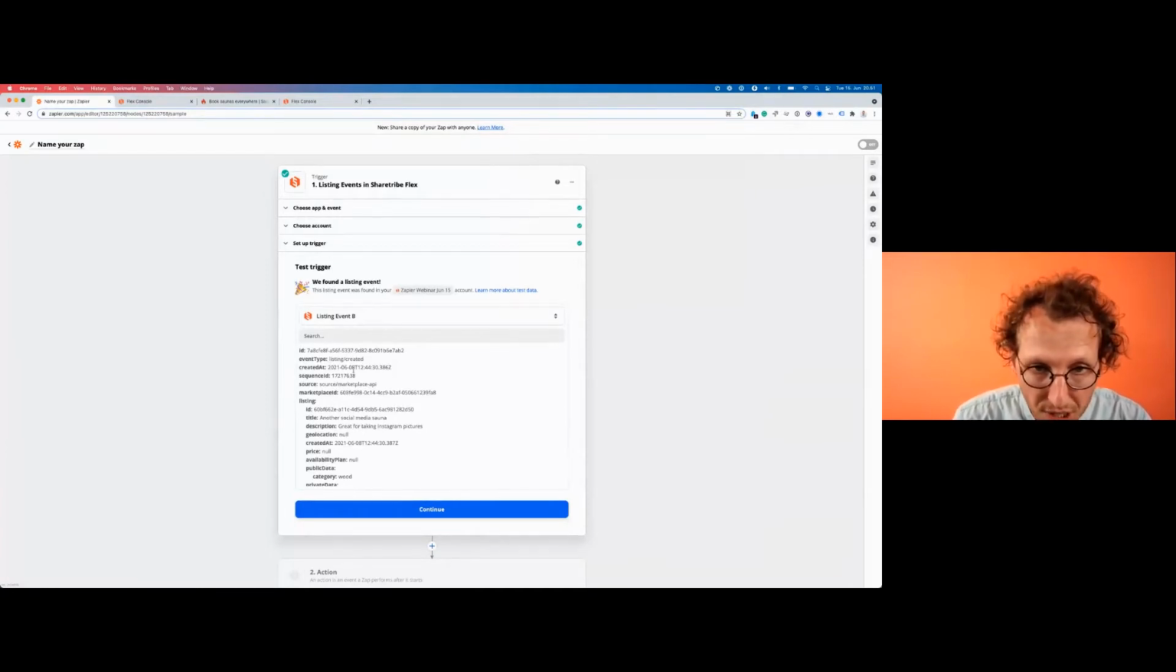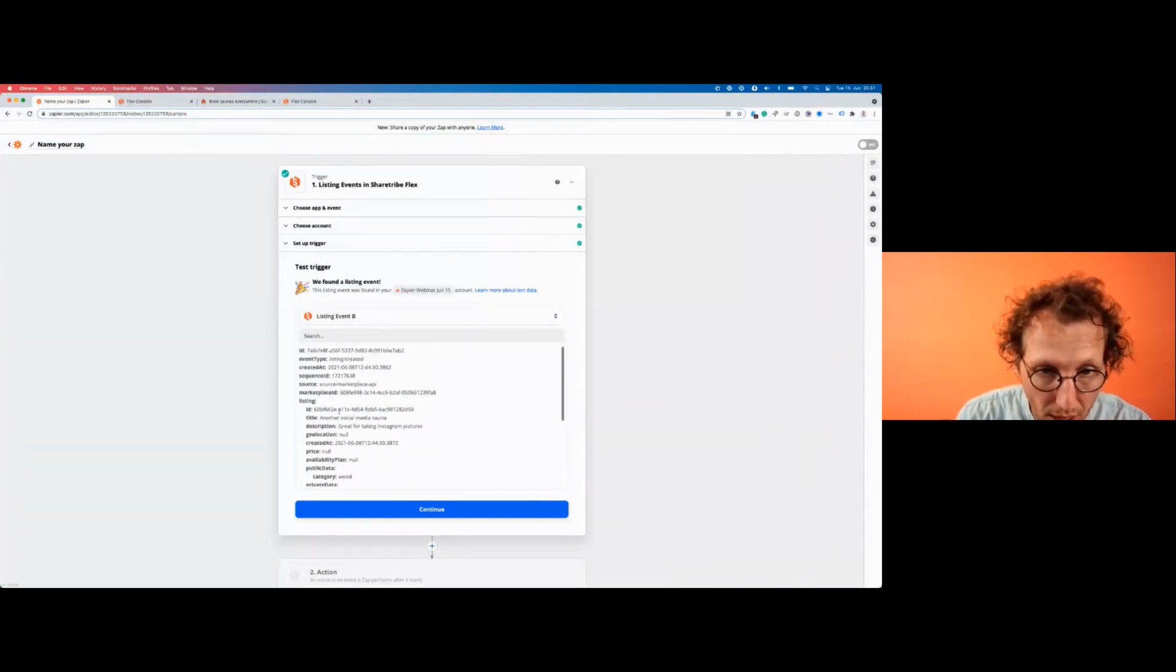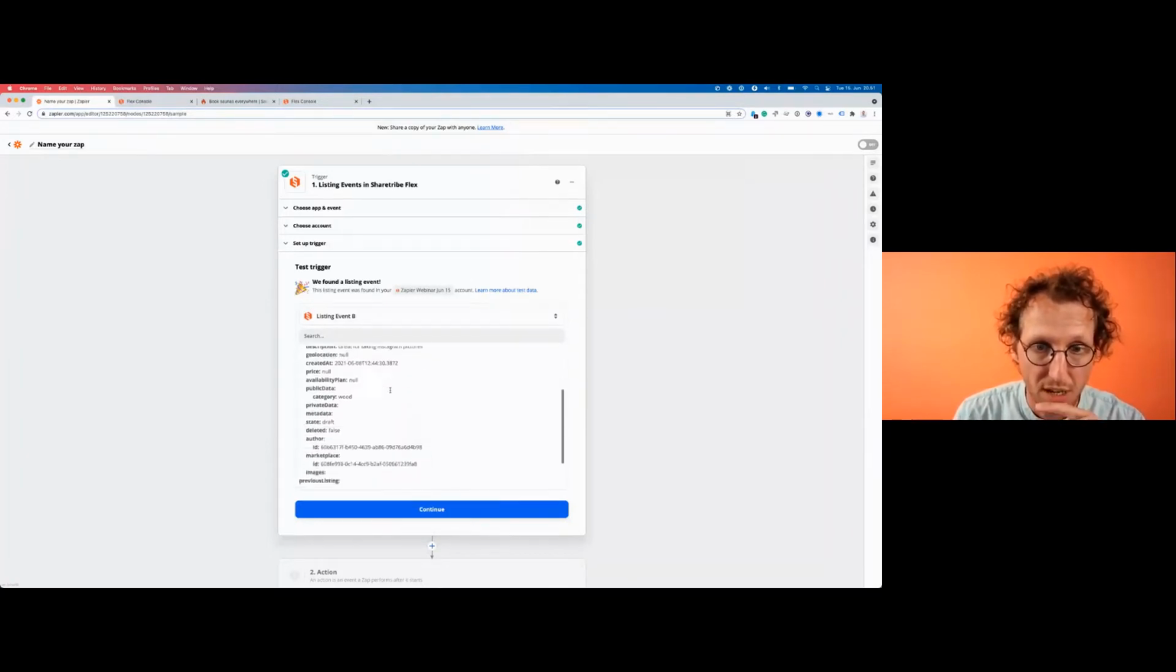Namely, a new listing was added. Here you can see the data that gets sent with this event trigger. Okay, the event type, listing created. That's not too interesting, but the created at date, this was the date that it was created. And now comes the more interesting stuff. Listing ID, so this will unlock our information about the listing. Listing title, description, etc. So we can confirm now